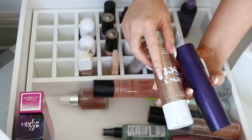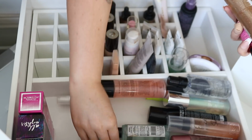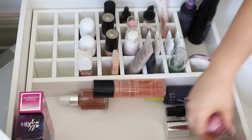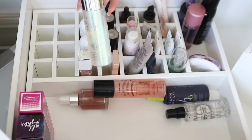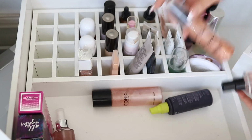This is so pretty, the finish, but I find it just bubbles on my face and gives me these big patches sometimes. So I'm just going to get rid of them. Let's put a lot of setting sprays in here. I can't remember how much I like this. Obviously a bit because look, I've used up quite a bit. The Becca one, I'm gonna get rid of